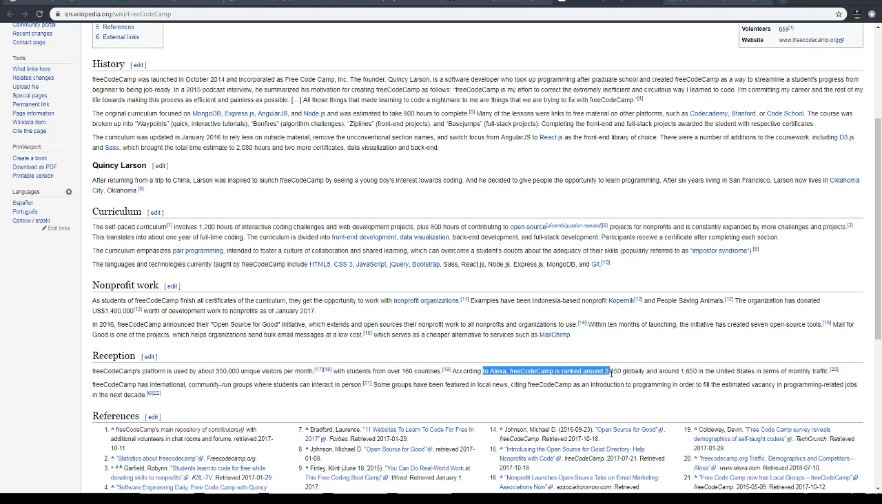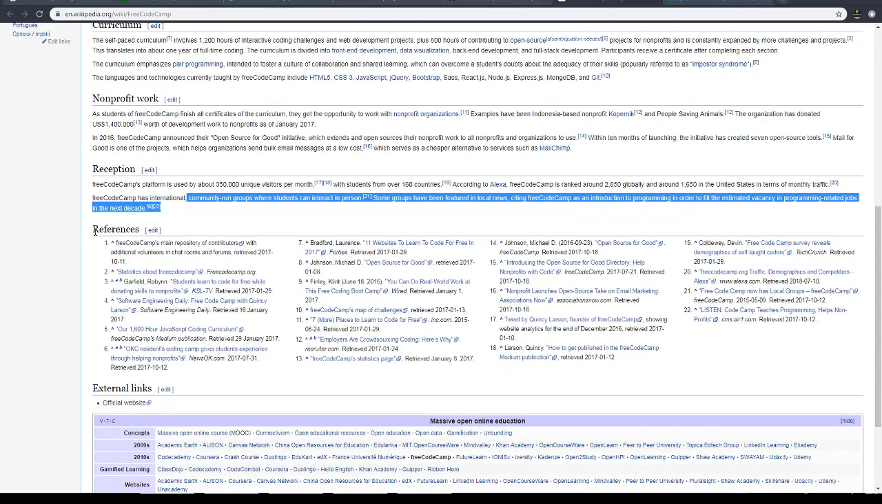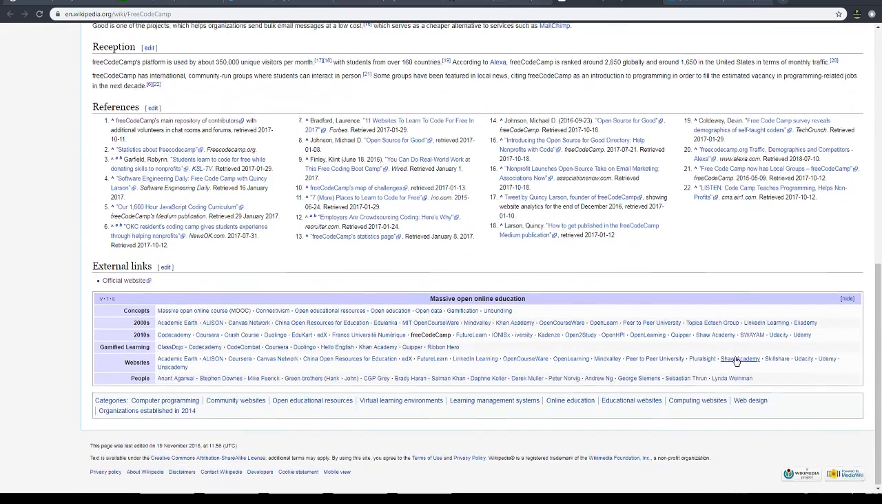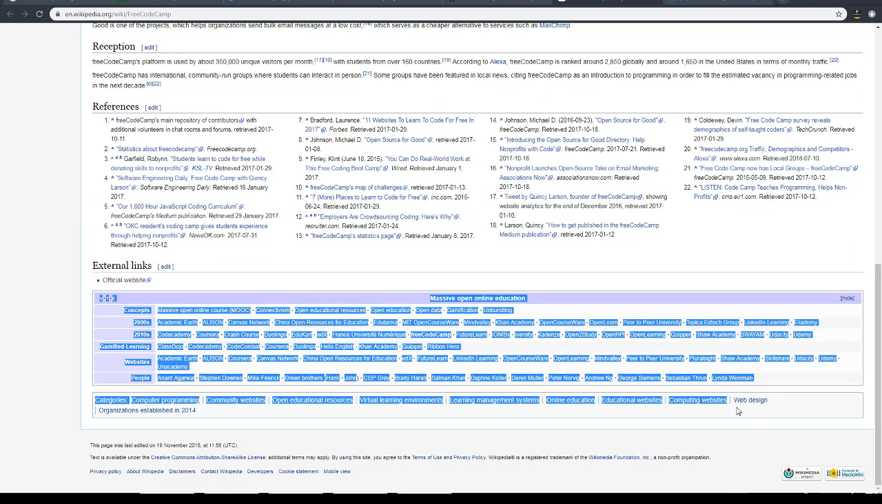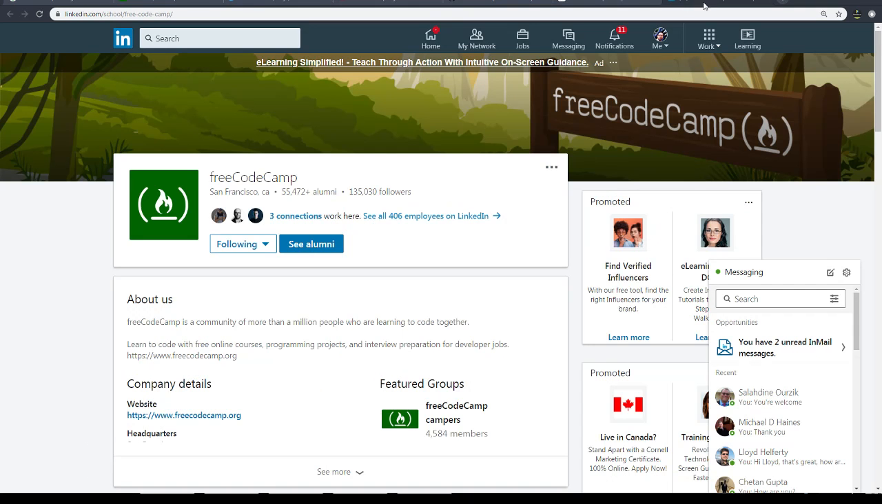According to Alexa, the rank is 2,850 globally, around 1,650 in the US. Monthly traffic, and all the other details you can look at the references on Wikipedia, as well as external links. Very cool. And this is their LinkedIn page. They are a school, not a business, and you can follow them as I am following them, and